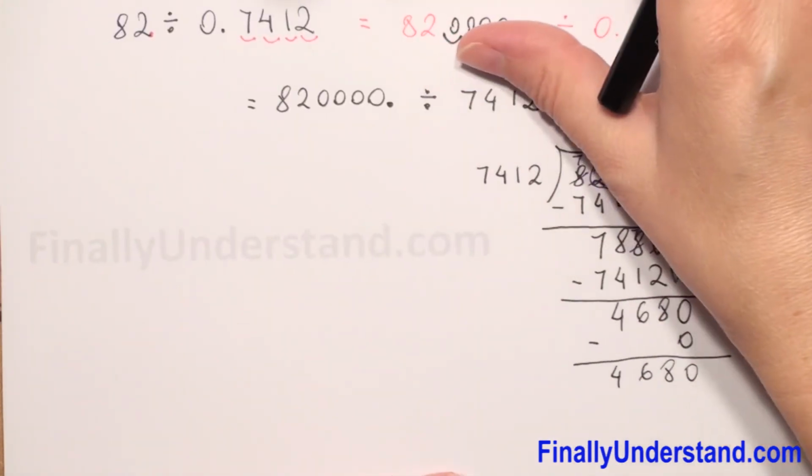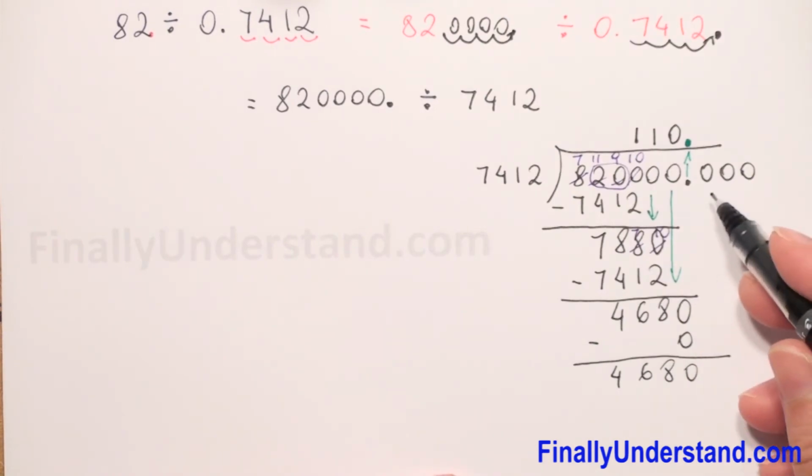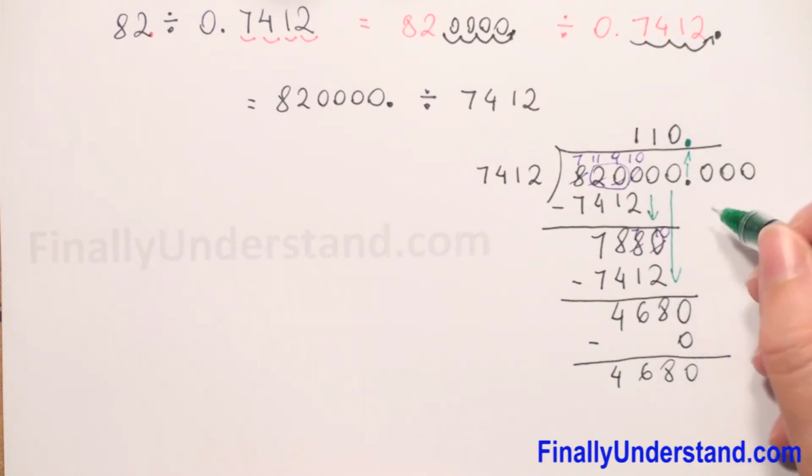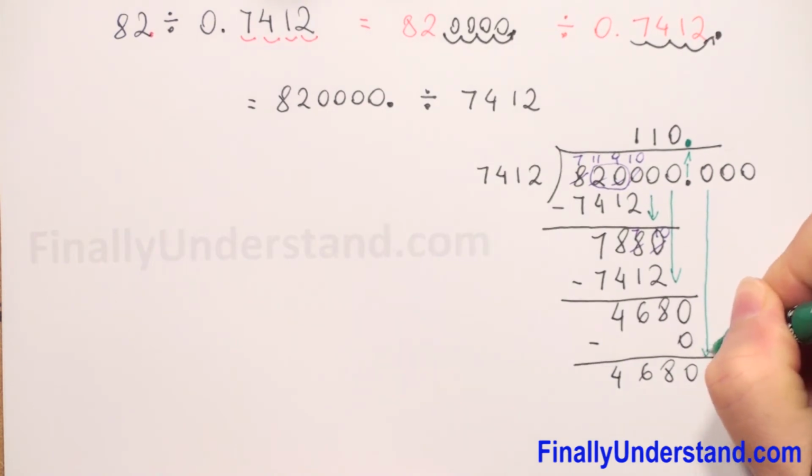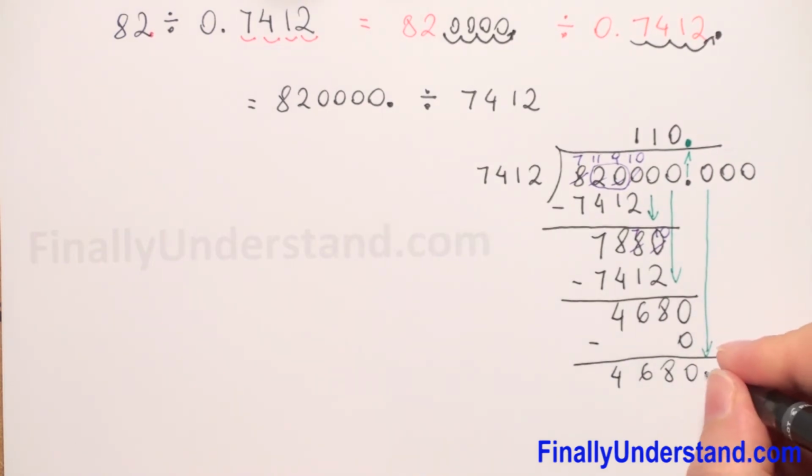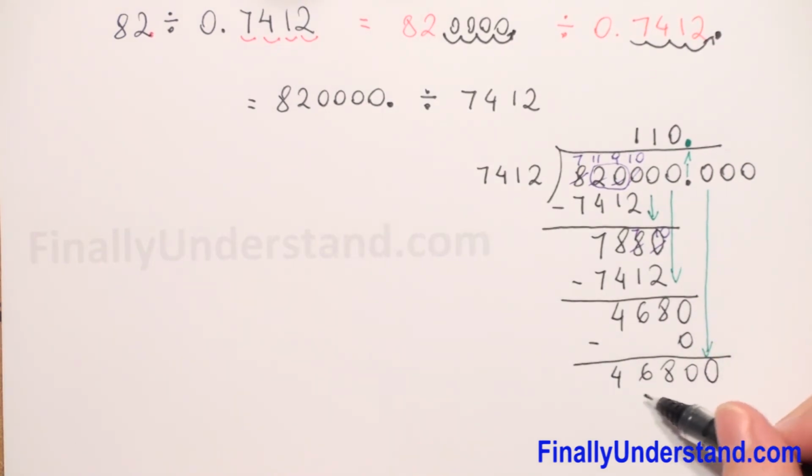And we do now long division. So we have to take down the next zero, and now 46,800 divided by